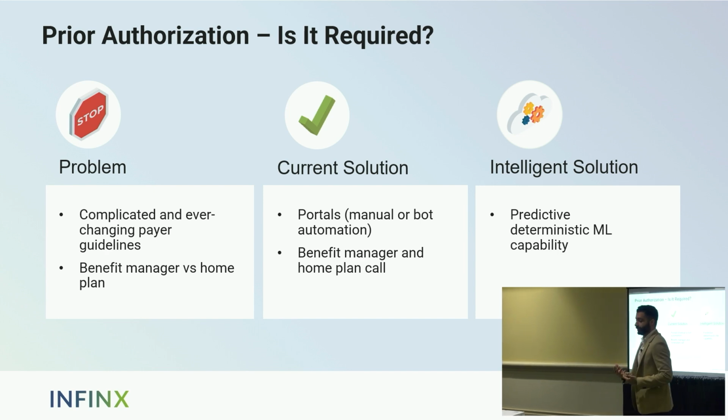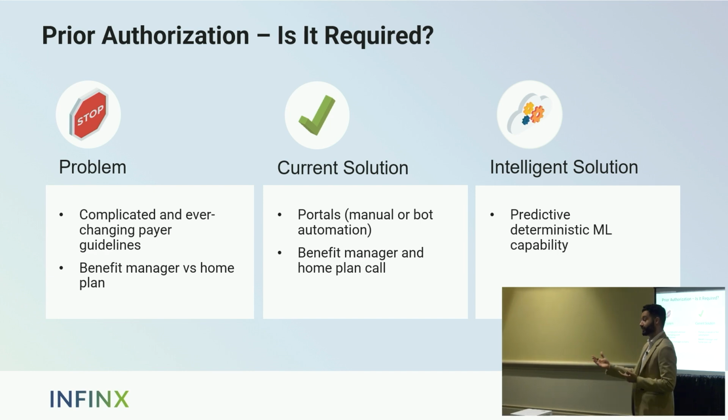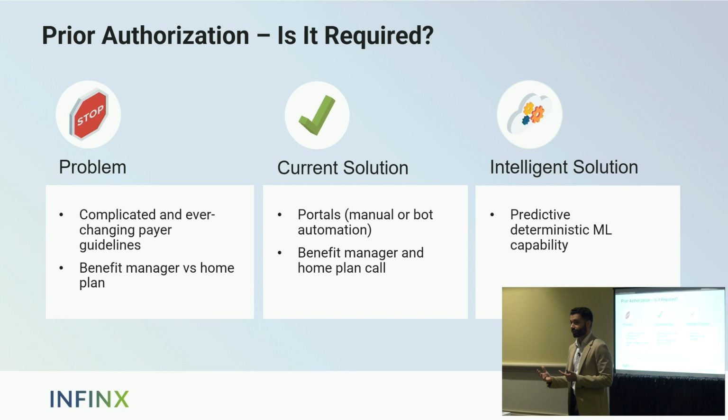So what we have done to address this problem is build a machine learning model that can essentially determine with a very, very high degree of accuracy whether an authorization is required or not. We've been in the prior authorization business for a long time, and we've seen a lot of incoming data, what requires authorization, what doesn't require authorization. And then we've leveraged that to essentially build a machine learning model that can predict whether an authorization is required or not, and it works